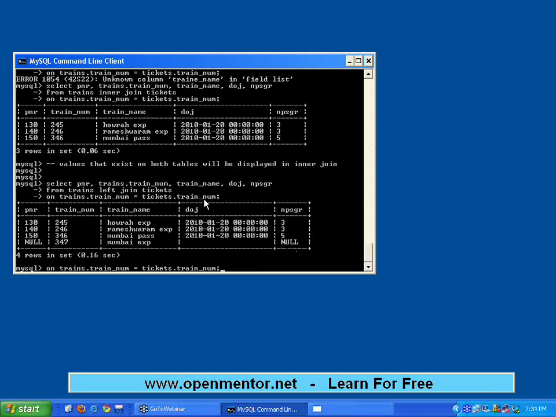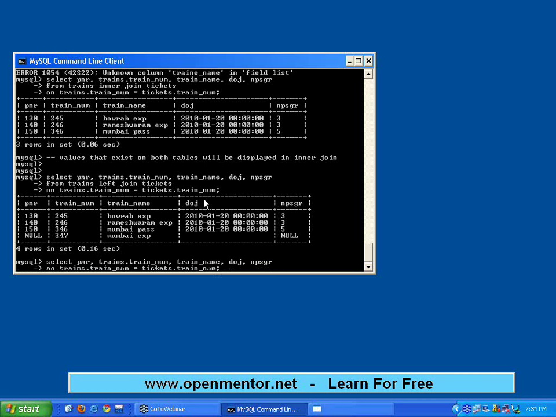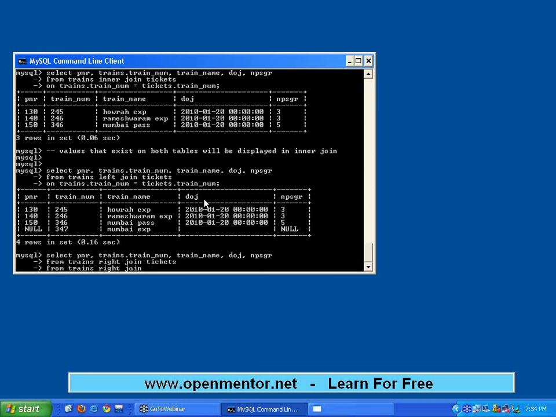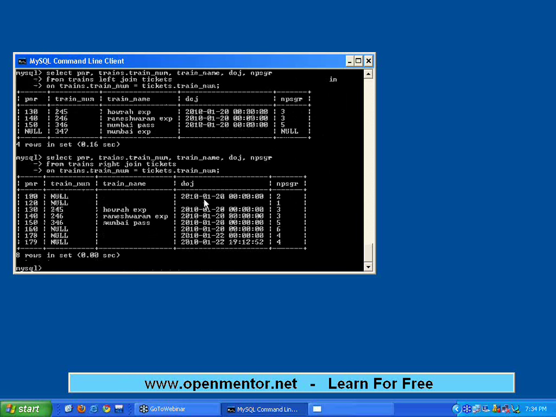Now I make one more trick. Instead of inner join, I am going to say right join. Now what? This time again the common data is always shown, but right hand side table, previously the left hand side table was trains.